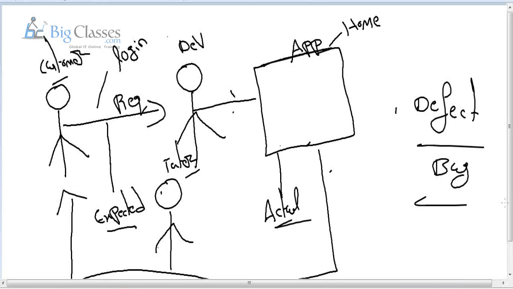Now by this diagram, I hope you can understand. So what is software testing? Once again, the software testing definition is simple. It is a process of executing an application with an intention of finding defects. See guys, it is a process. Process from where to where? From customer to developer, developer to tester, again tester to customer. So it is a process of executing an application with the intention of finding defects.